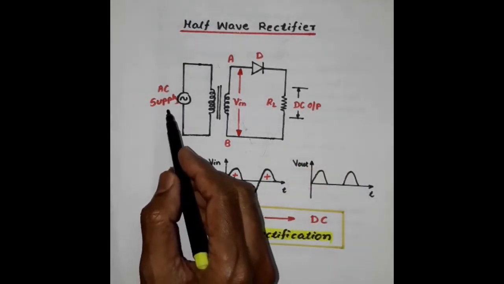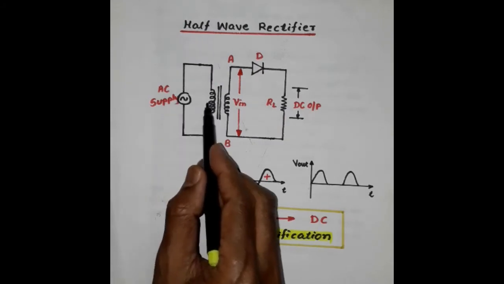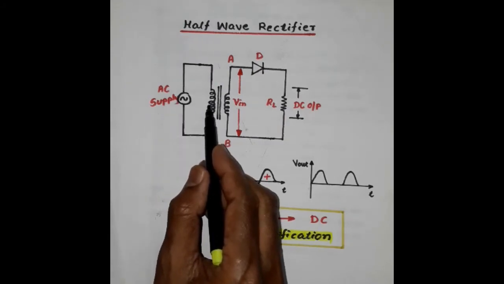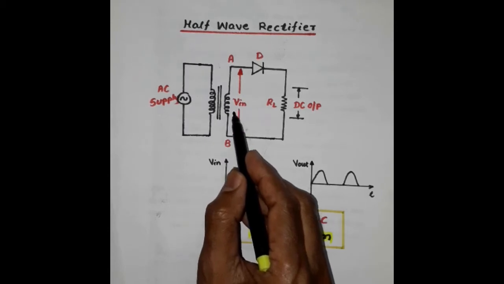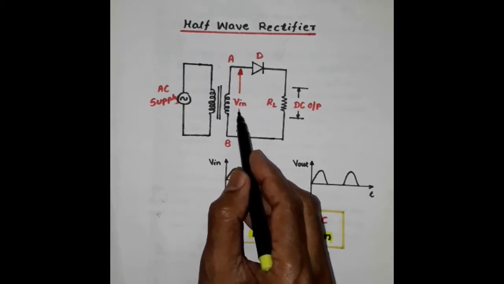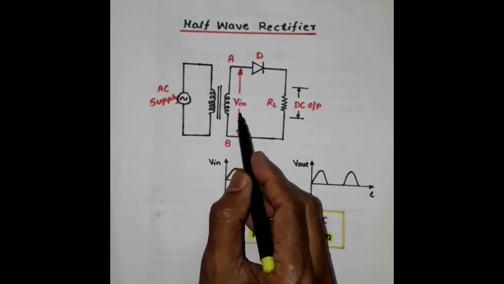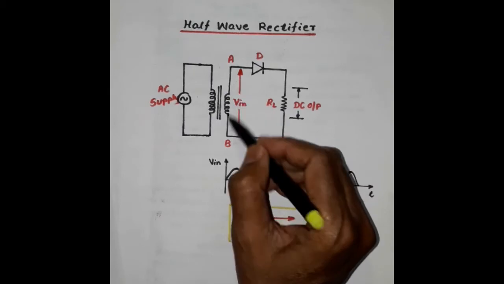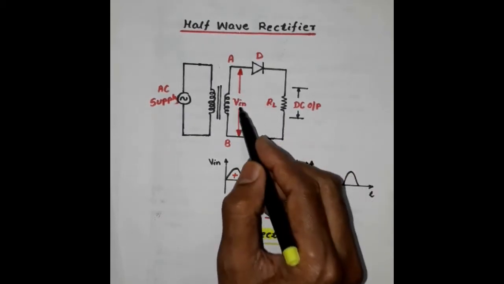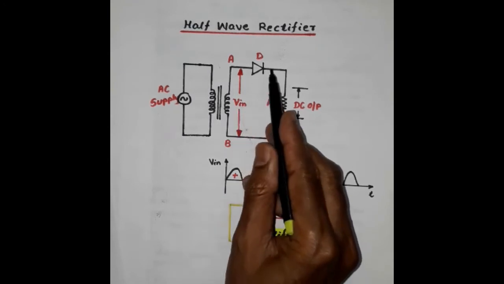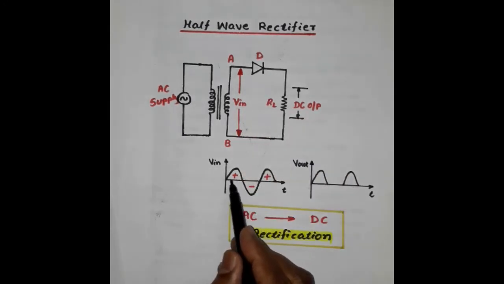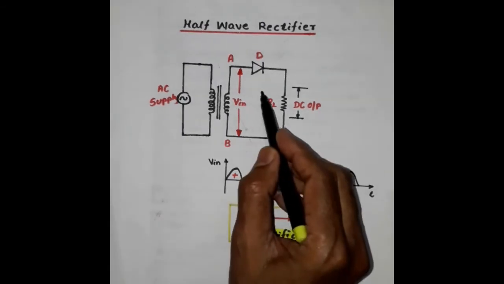The AC input is applied here across the primary winding of the transformer, and across the secondary winding of the transformer we get AC but of slightly different voltage level. Transformer changes the level of voltage, and that's why here across the secondary winding we get AC voltage, but this AC voltage will act as input voltage for the rectifier. So this is our input AC for the rectifying unit.